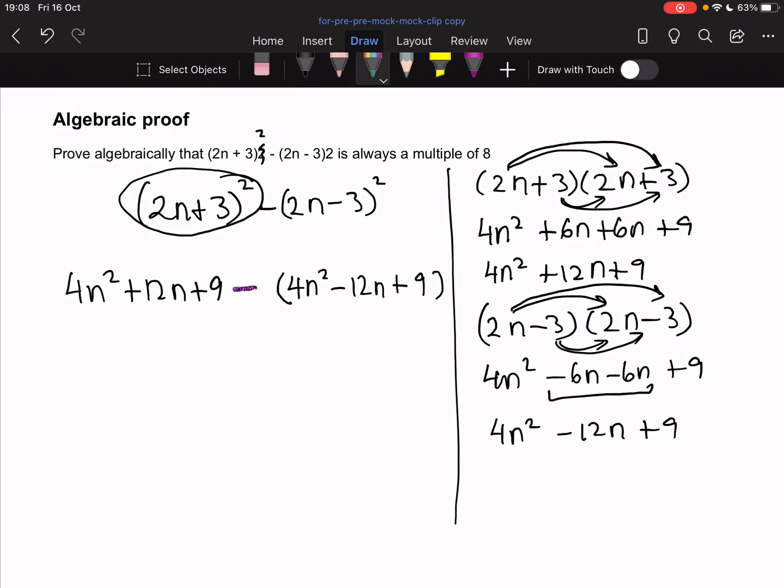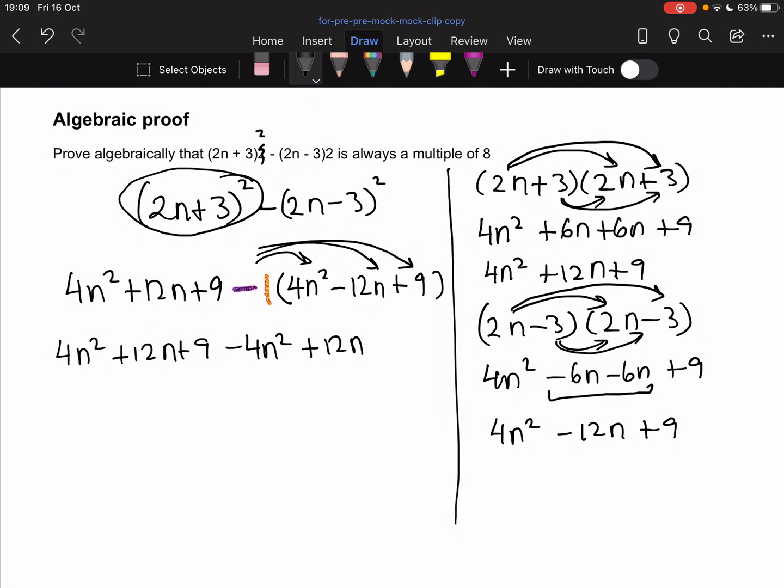So now let's see what happens. This magical minus in front of the bracket, hopefully you will remember forever and ever. It's like multiplying your bracket by minus 1. What that does to the numbers inside your bracket is it flips the signs. So I'm going to copy my first one, 4n squared plus 12n plus 9, and then I'm timesing the second by minus 1, so the signs change. So I'm going to have minus 4n squared, minus times minus is plus, so plus 12n,